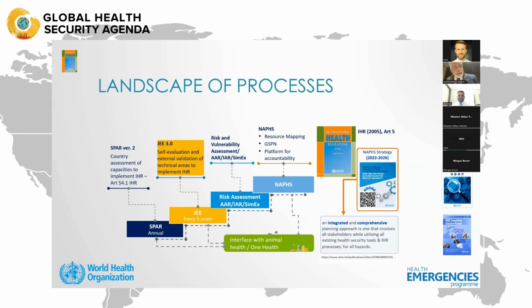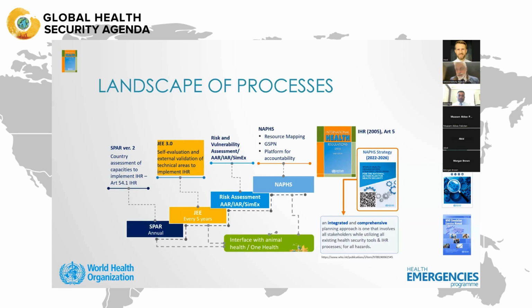When we had the first outbreak of the pandemic in 2009, there was a request from the review committee to enhance the self-reporting with a face-to-face external evaluation of countries' capacities, and also to look at the national systems to see how efficient the systems were. Within that context, we developed the joint external evaluation to augment the assessment component, but also the simulation exercise and after-action reviews, into one package called the IHR